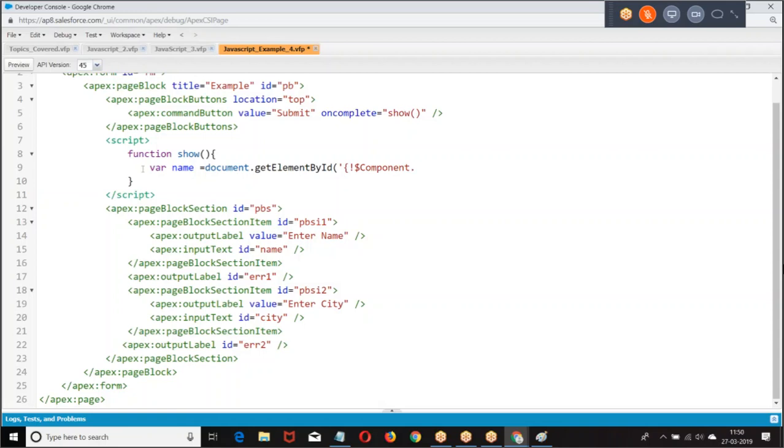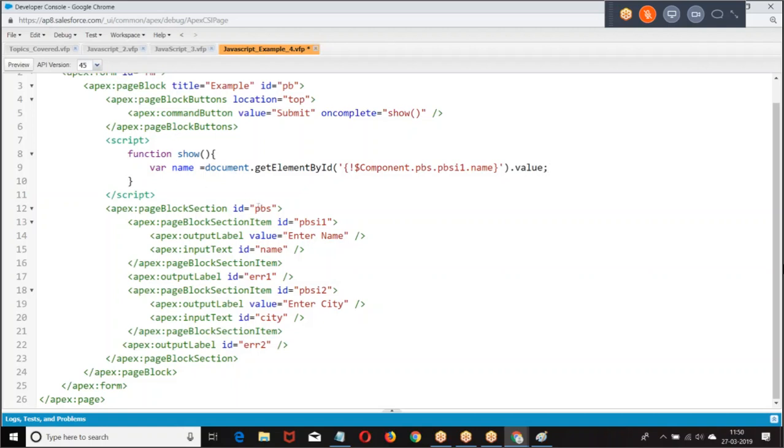Now from my location, what are the elements we have? Page block section, page block section item 1, dot. The location where I am, from that location I am giving the remaining path.